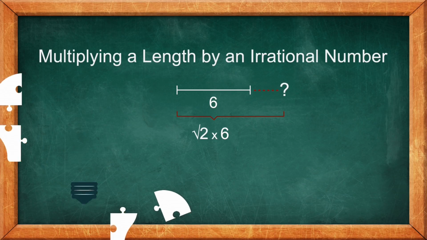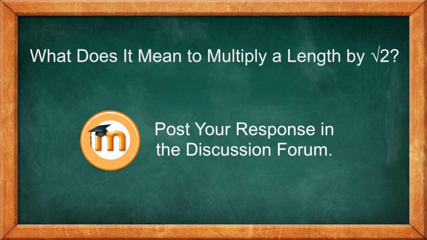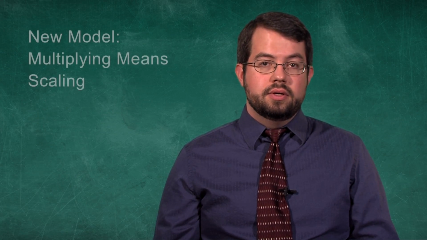So give yourself some time to think about it and search for an answer. As always, you may only have a partially formed idea, or you may have several answers. That's all fine. But try to address the concrete question: what does it mean to multiply a length by the square root of 2? I don't know what answer you came up with for that last question. I hope you took the opportunity to be creative. I have my own answer, which requires a shift to a new model.